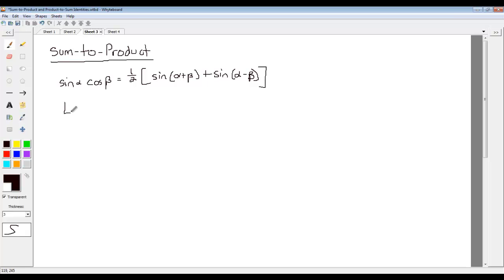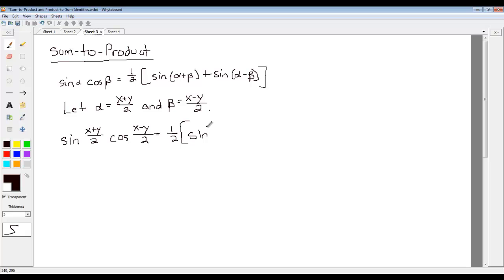Let's let alpha equal x plus y over 2 and beta equal x minus y over 2. Alright, so we got sine of x plus y over 2 cosine of x minus y over 2 equals 1/2